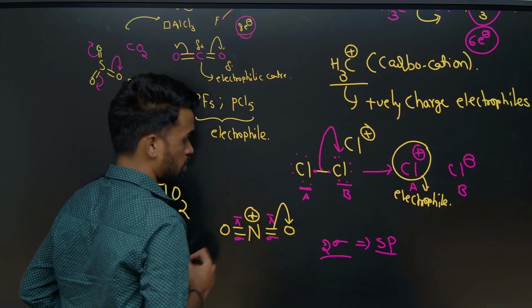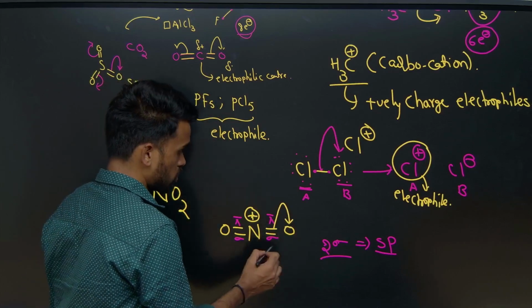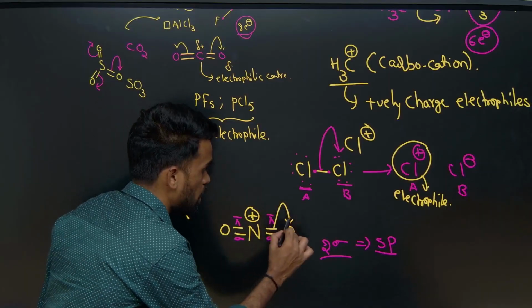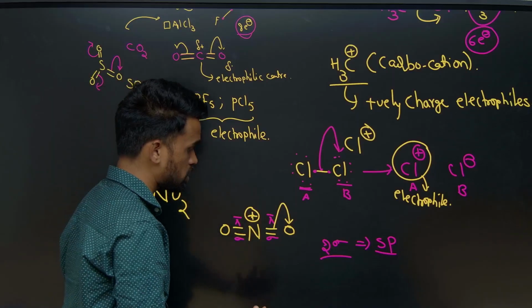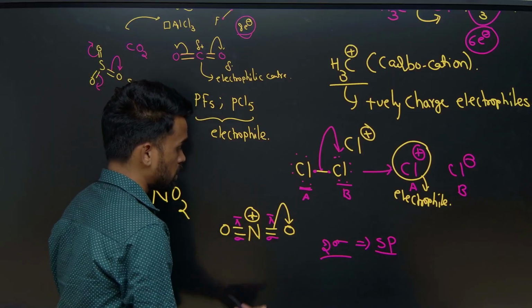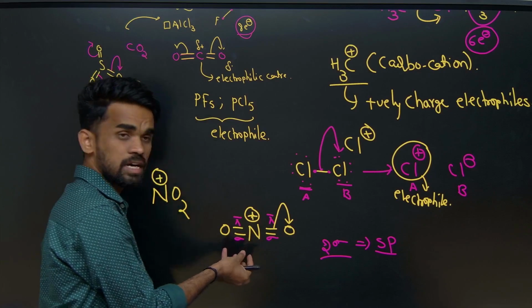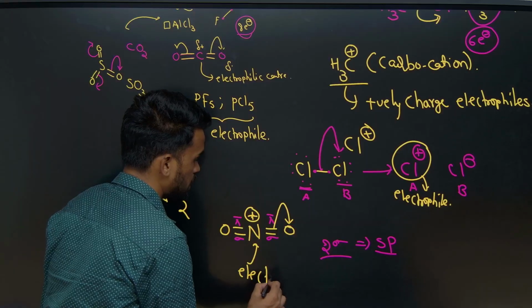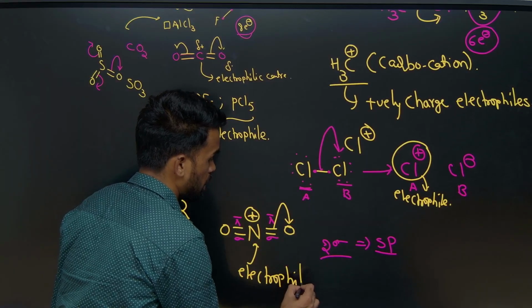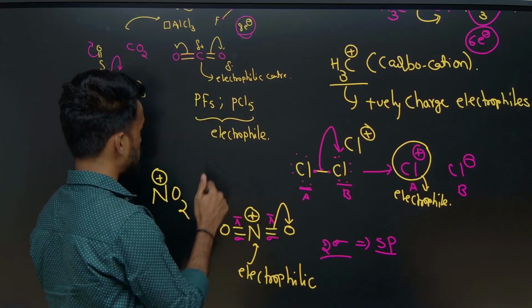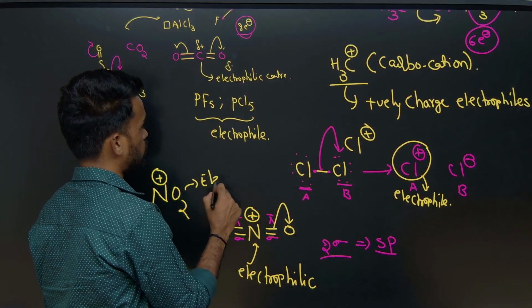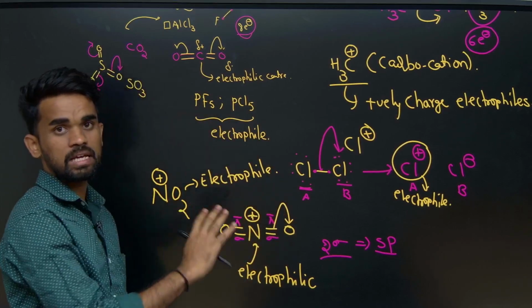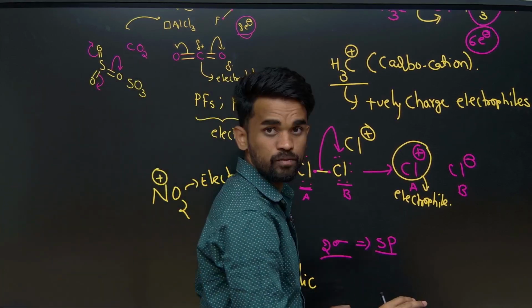Now these are electronegative atoms, and nitrogen has a positive charge. So if electrons are taken by oxygen, what happens here? Oxygen is more electronegative, so the bonded electrons are shifted or polarized towards the oxygen atoms. That creates more electron deficiency on the central nitrogen atom. Therefore it will be an electrophilic center, and the compound is considered to be an electrophile only. I hope these things are very clear without any confusions, right?